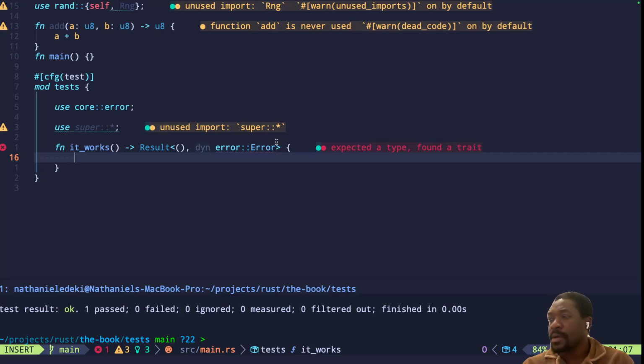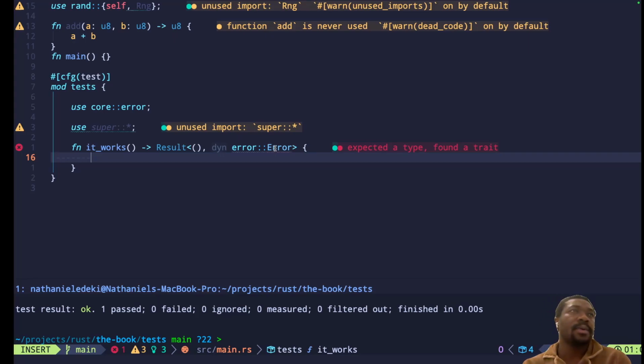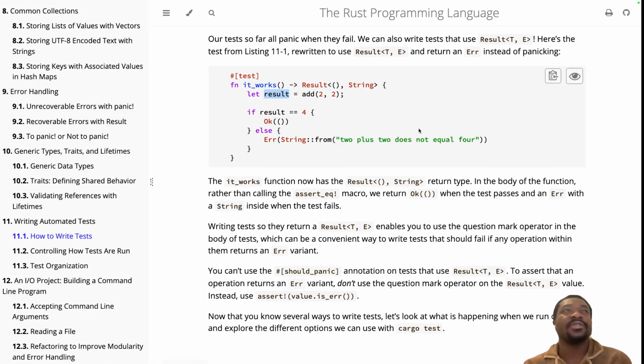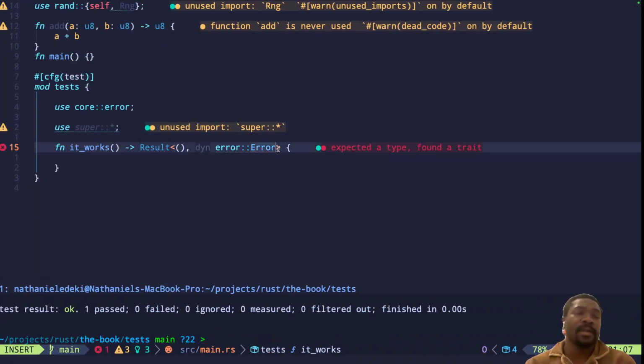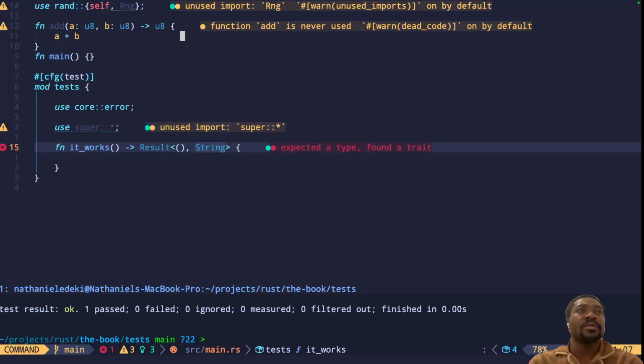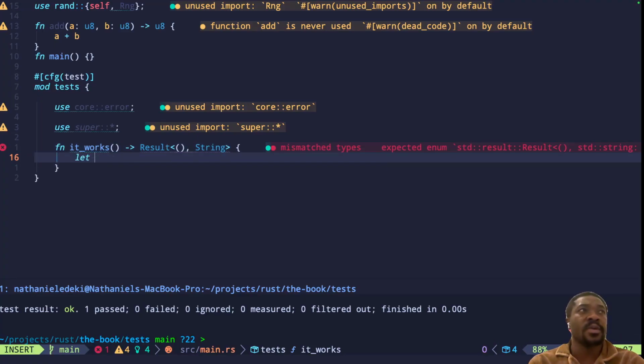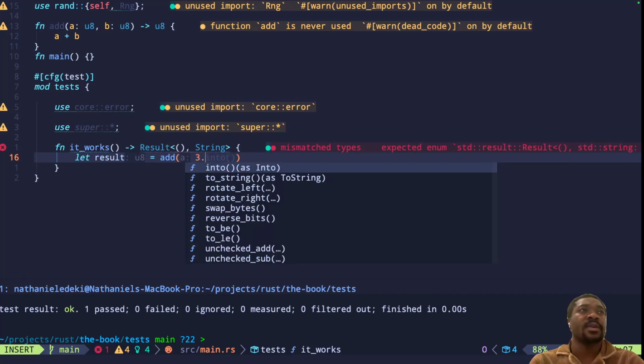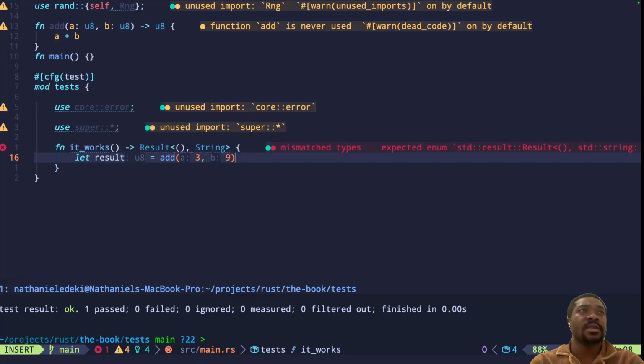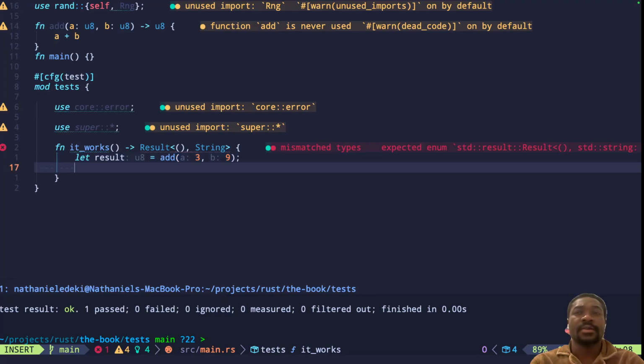What is the type that they said? Oh, it's just a string actually. Okay, because I think we need that for... Okay, that's fine. So we can do a string there. Yeah. So now we need to return the actual thing. So we can actually do let result be add 3 and 9, and then we can say that